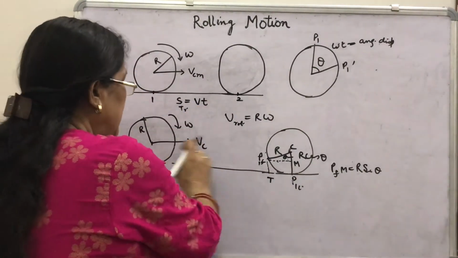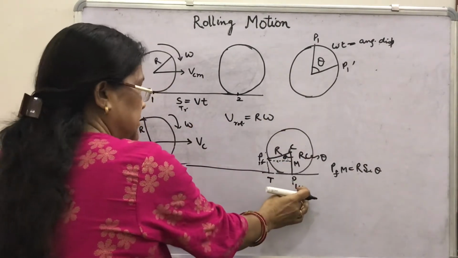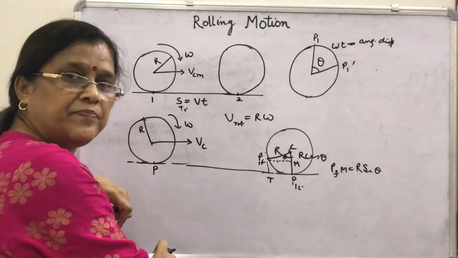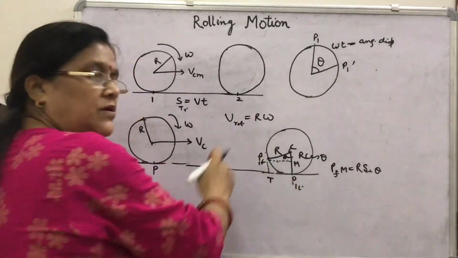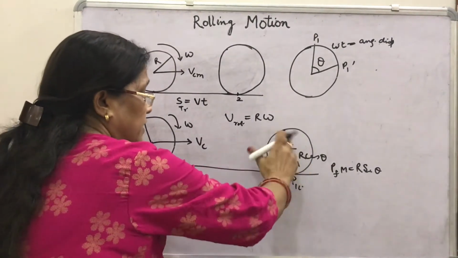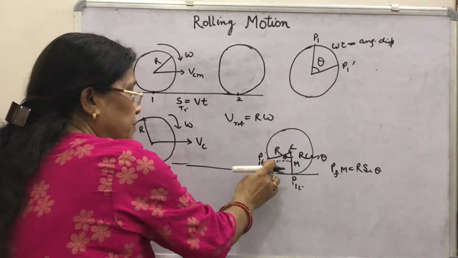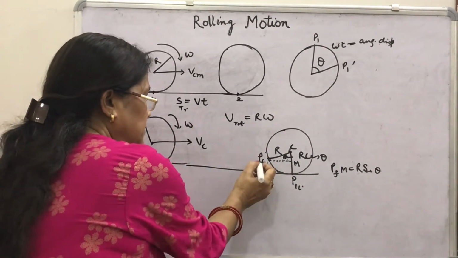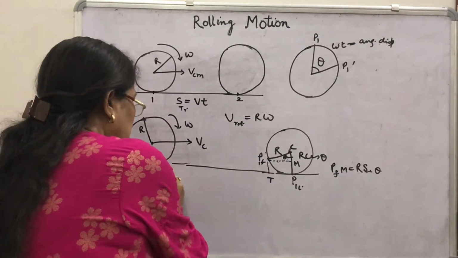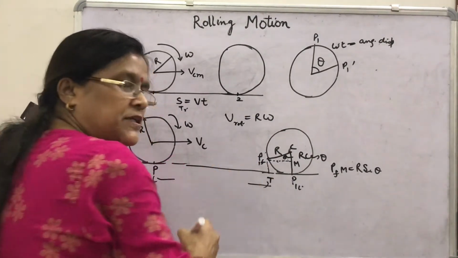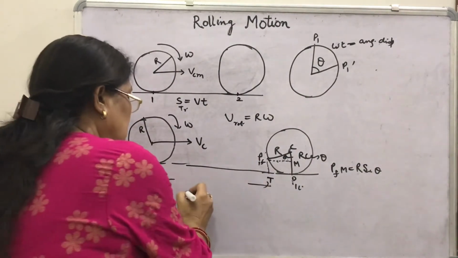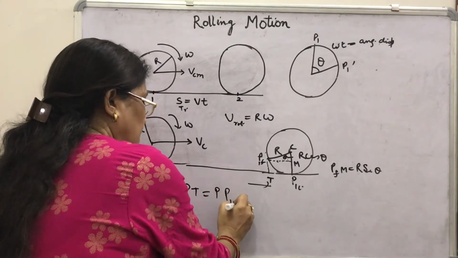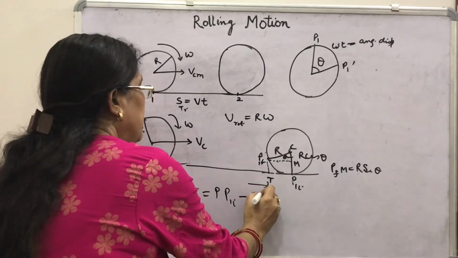We draw the figure that the object has covered this distance, but we are calculating the displacement of point P. Then point P will rotate also. The ring or wheel is rotating also, so point P will have a certain other distance due to rotation, and that is what I have shown with P1F. So this P to T will be the actual displacement. How will you find Pt? This Pt will be equal to P1I minus T1I.